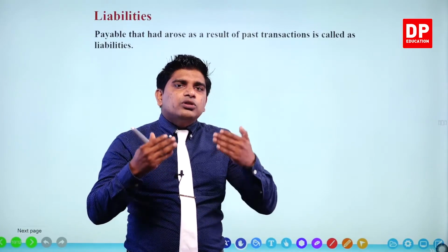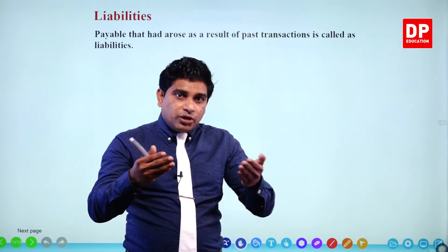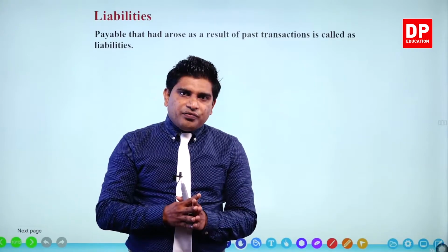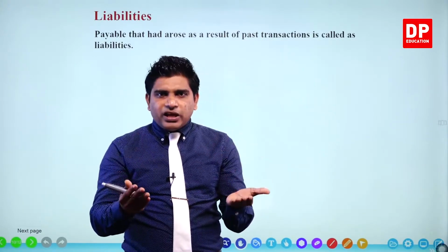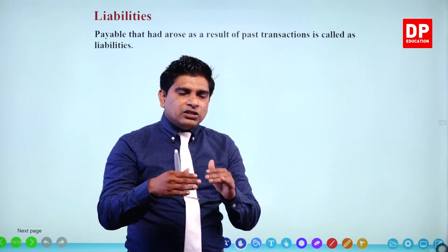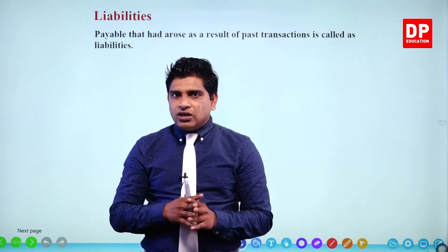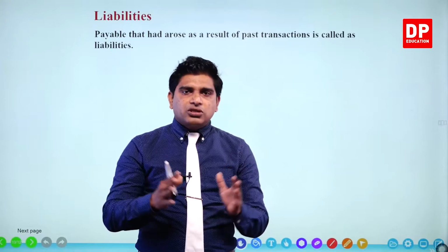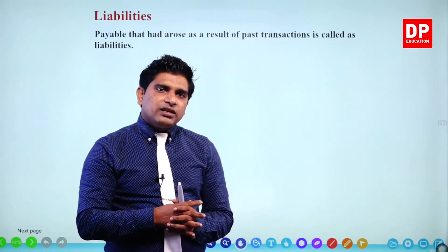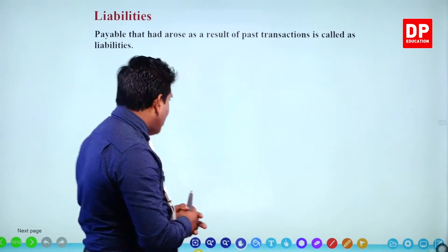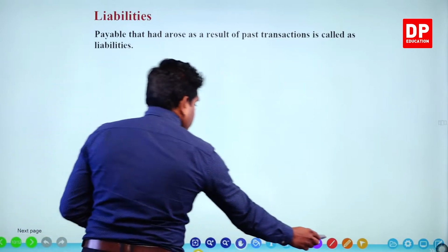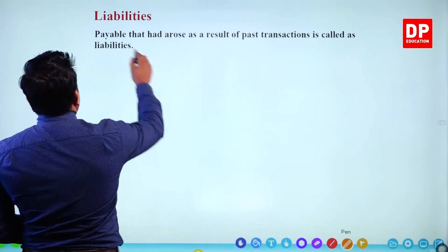You have to give it to the bank and they will arrange a bank loan facility for you. If you are unable to pay your bank loan, they will take your vehicle or the relevant property to the bank, right? That is called a mortgage loan. Mortgage loan is also considered a non-current liability. Okay. Now, liability. We'll see what that is.